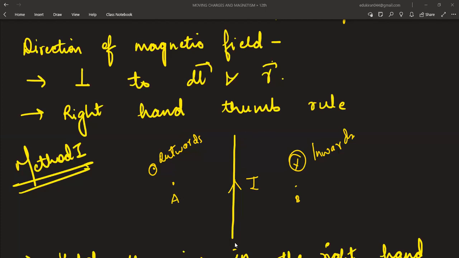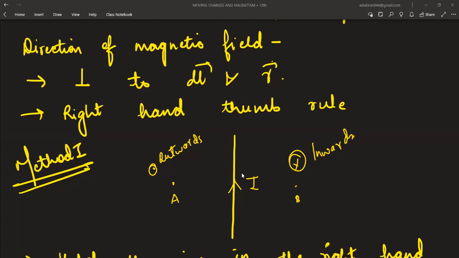See, this is a straight wire having the current I. All right. So at this point A, if you have to calculate, what you will do is put your thumb along the direction of current. Now here the current is going up, so you will keep your thumb up. Thumb up means that the nails should be upwards. The tips of the fingers should be upwards. So you keep it parallel to the current wire, and then once it is parallel to the current wire, then you put the values,